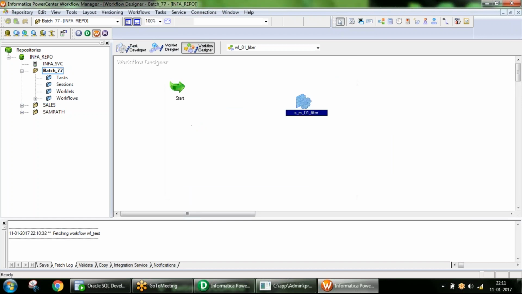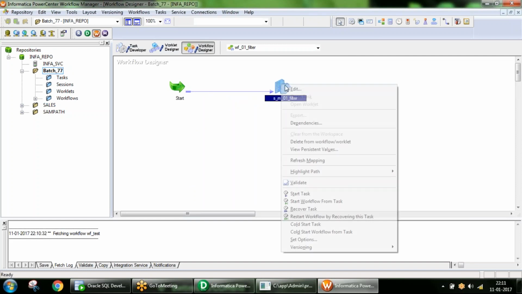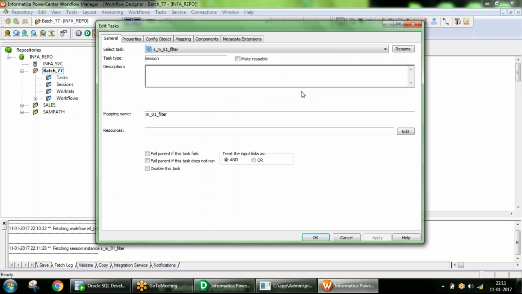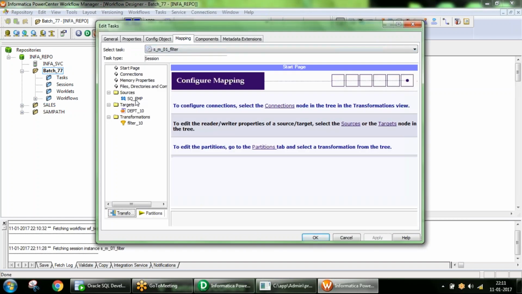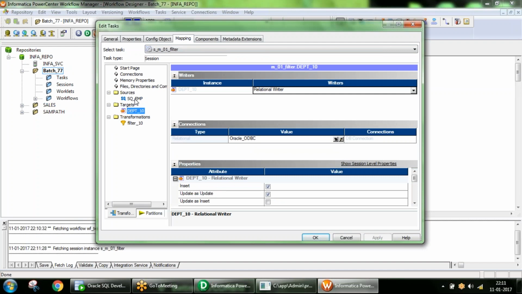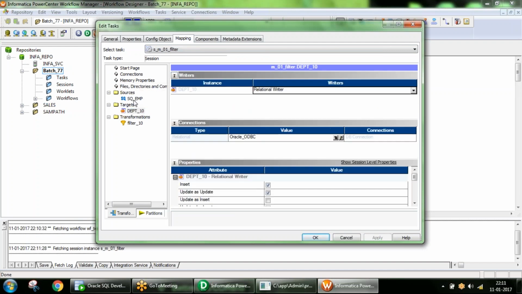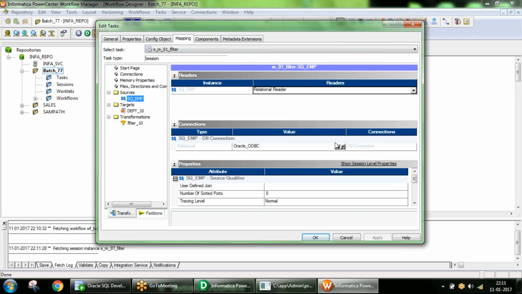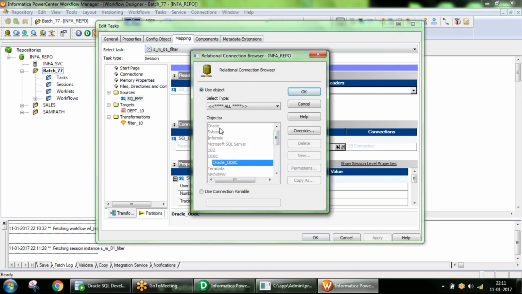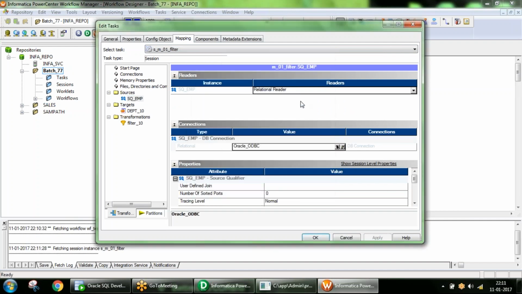Select your mapping, and connect from your start button to here. You are done with the creation of a workflow with a task called session. Then right click your session, go to the mapping tab, and provide your source and target connection string details. By default, we have only a single database and a single connection string. If you are going to deal with different databases, maybe Teradata or something, just go ahead and select whatever